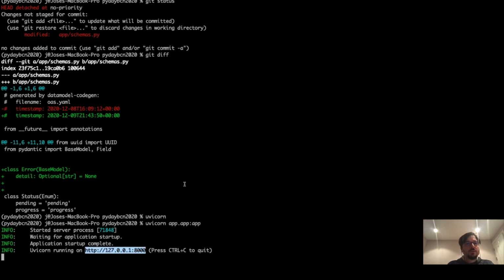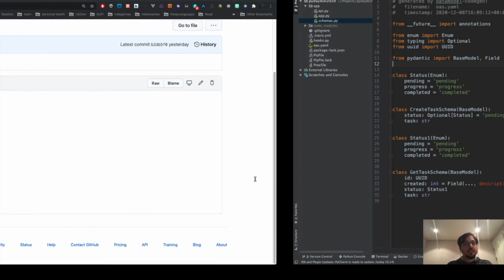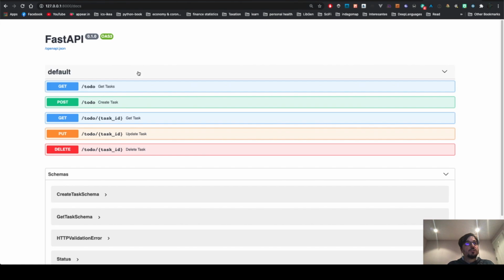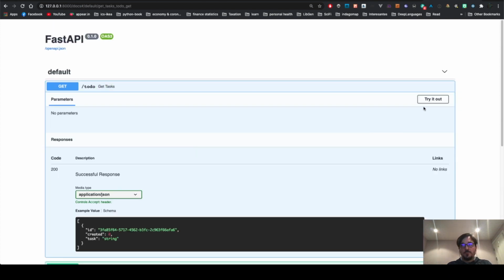So like I said, I'm using Uvicorn to run the app. We simply need to pass the path to the application object, the instance of FastAPI that I showed you before in the app.py file. So with this, we can get a visualization of the API. Under docs, we're able to see a Swagger UI for the API, and we can use this for testing. So if we try out the endpoints,